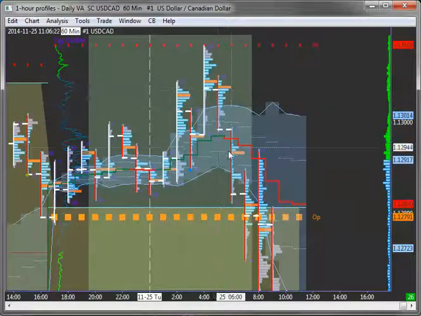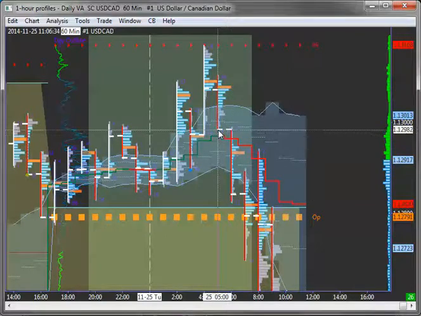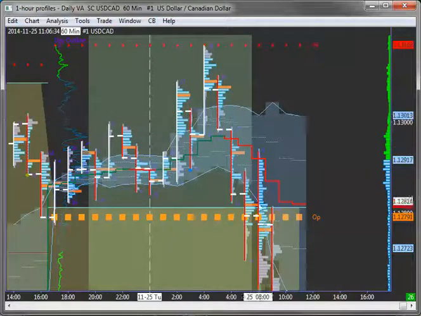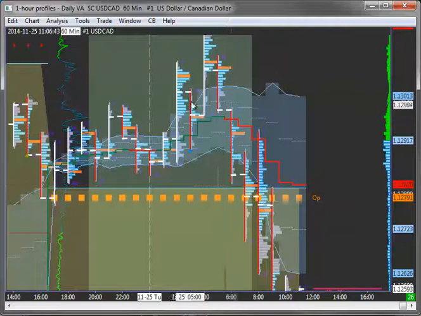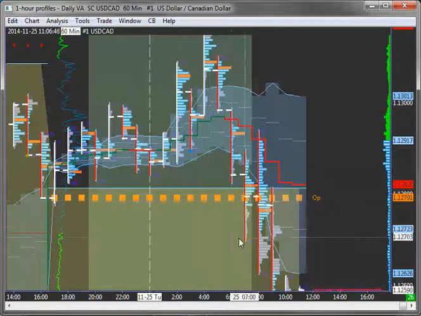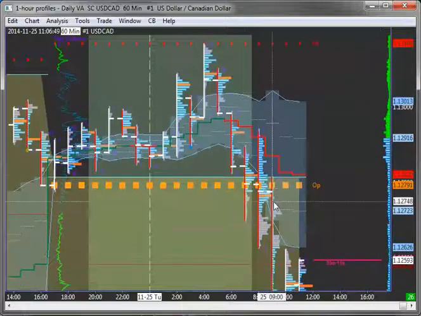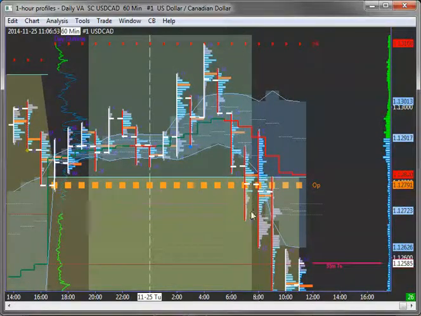These are 1 hour profiles, so we one time frame to it, and then the bar preceding it, which is the 6 a.m. bar, we close on the lows. Similarly, on the 5 o'clock bar, we close on the lows. So you have two bars consecutively that close on the lows. It suggests that this move is strong to the downside, and you're not getting any pushback from the buyers. So then we close the 7 o'clock bar inside of yesterday's value.